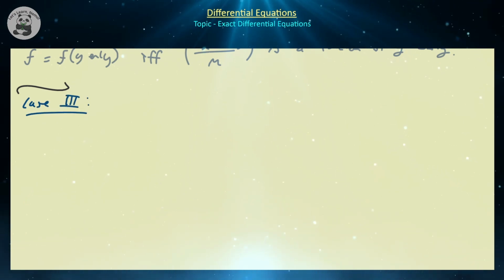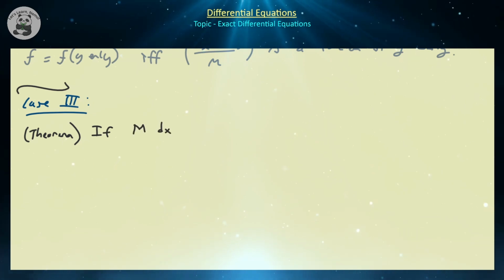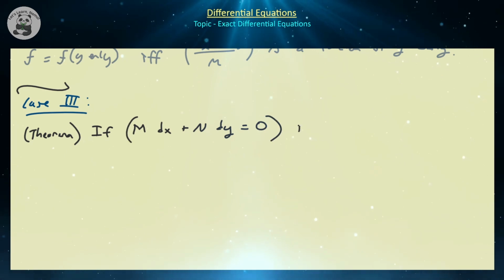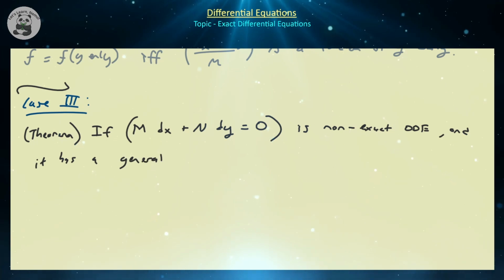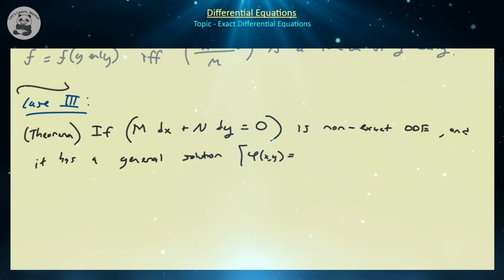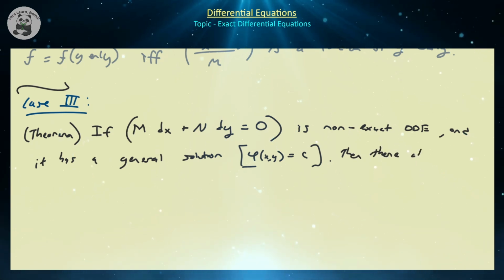So case 3 I'm actually just going to state as a theorem, because from here on it gets a little bit more complex. So if M dx plus N dy is equal to 0, this particular equation, is a non-exact differential equation, and let us also assume it has a general solution. In particular, it's going to have a solution phi(x,y) equals c, has that particular structure. If that is true, then there always